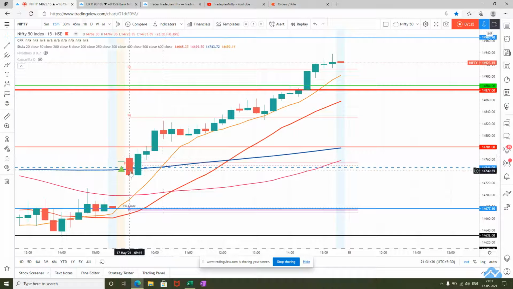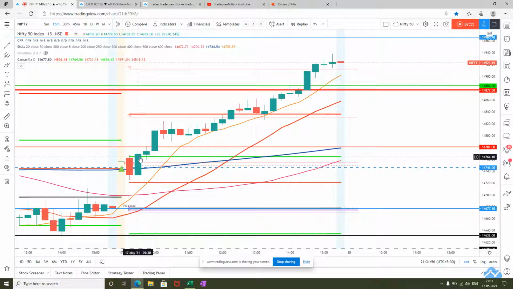If you see today, the market actually reversed from the 200 bar moving average, from the weekly pivot, from yesterday's high and R1. So this was a very strong support. It was a clear-cut indication that the market is taking support here. And on the 15-minute breakout, I should have entered, but I did not. Although I missed this opportunity, this is also the H4 for the Camarilla. And when this green line is crossed, all the initiative buyers came in and took the market to the next level. So this was another opportunity where I should have entered, but I just didn't hit the button.